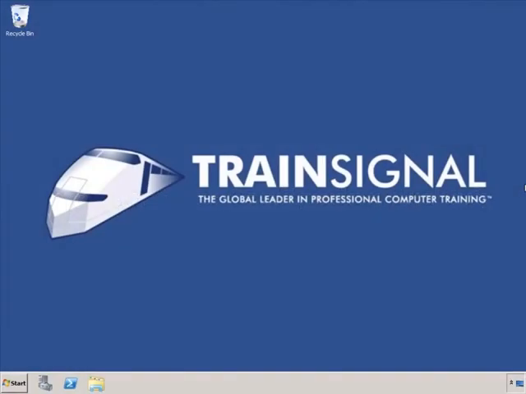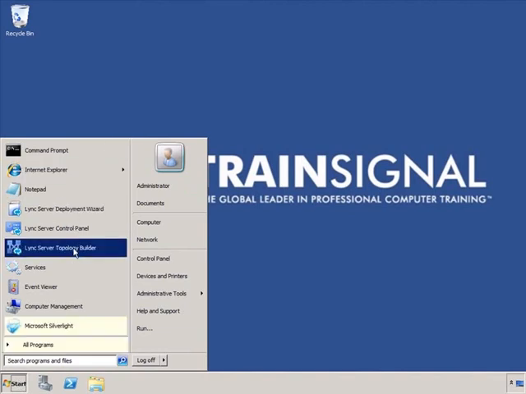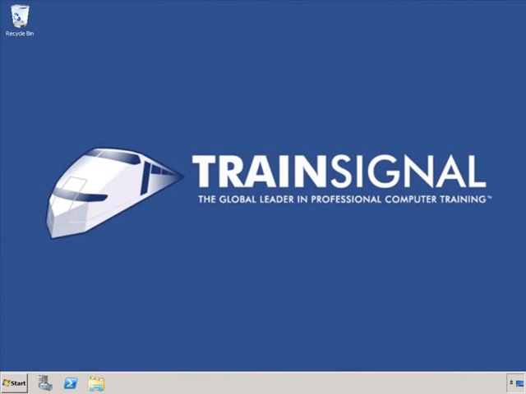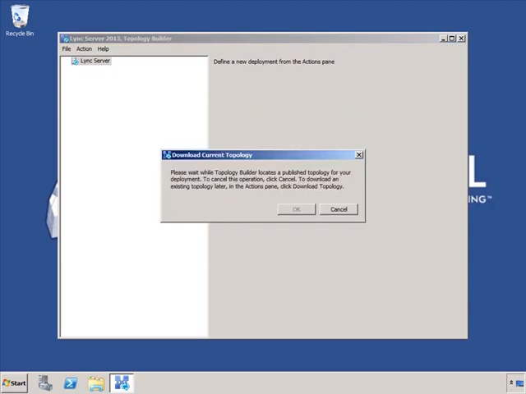I've just switched over to my Microsoft Lync Server, and we're going to take a look at a demonstration on setting up the archiving. So the first thing that we're going to do in this demonstration is open up our Lync Server Topology Builder, and we'll take a look at setting up integration with a Microsoft SQL Server backend for archiving. So as I connect into my topology, I'm going to download my topology from the existing deployment, and my